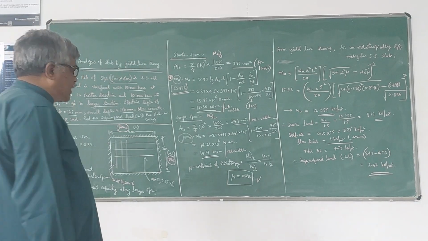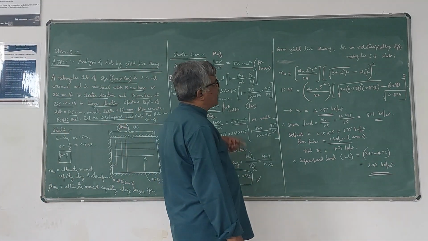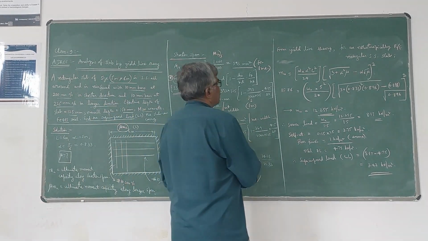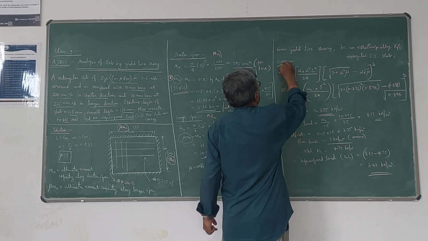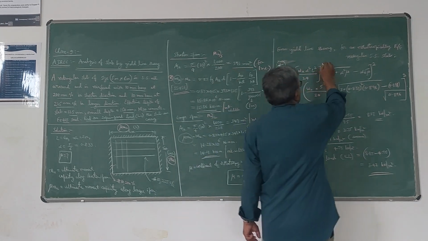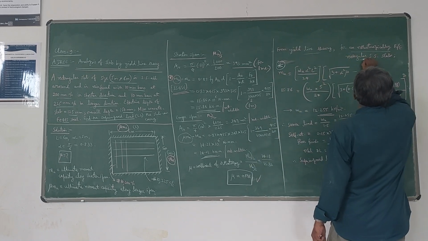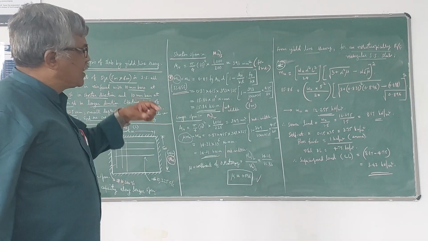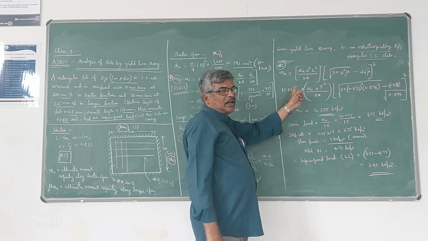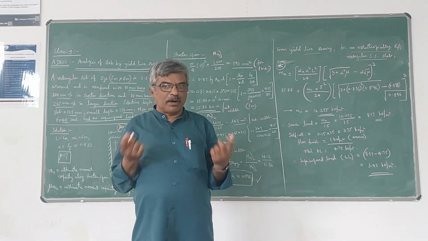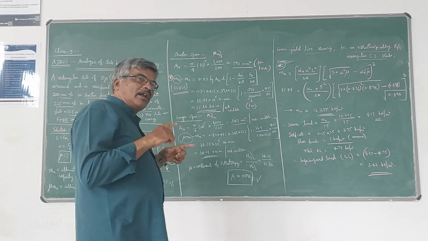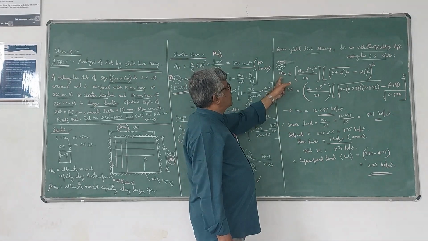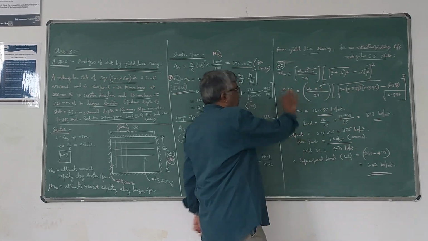Now, once you get this value of mu, you have got the alpha value, you know. Now we have to use the equation available from yield line theory for an orthotropically reinforced rectangular simply supported slab. In the last video I explained the design; here it is analysis. This is the same equation I used to calculate Mu in the design problem. In the design problem you calculate the Mu value; in the analysis problem you calculate the Wu value. So here the only unknown is Wu.